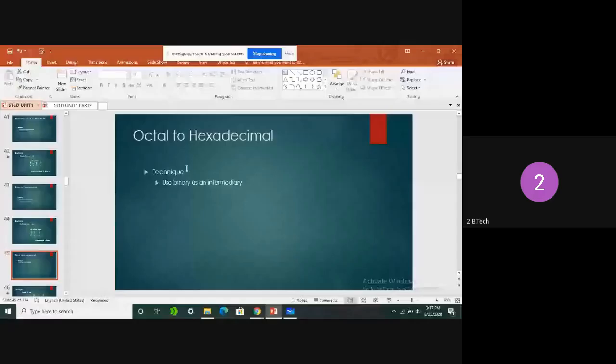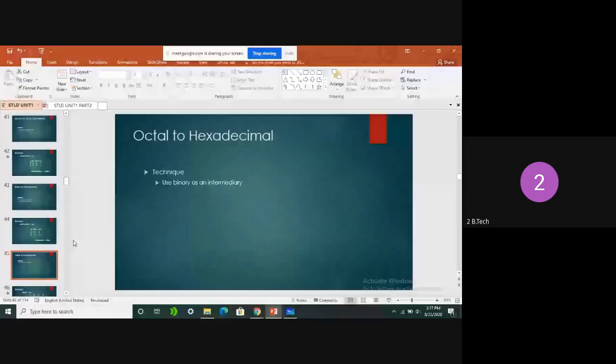Students, we have completed this one, and the next conversion also. What is that? Octal to hexadecimal conversion. See here, octal to hexadecimal conversion cannot be done directly. So in the intermediate process, we can use the binary system. There is no direct process to convert octal numbers into hexadecimal numbers. So first of all, we convert the octal number into a binary number, then from binary to hexadecimal. This is the process we have done.